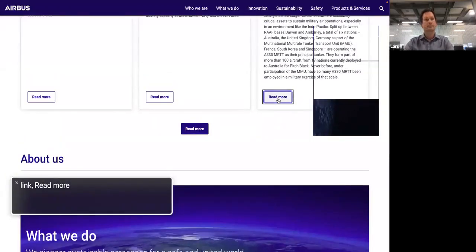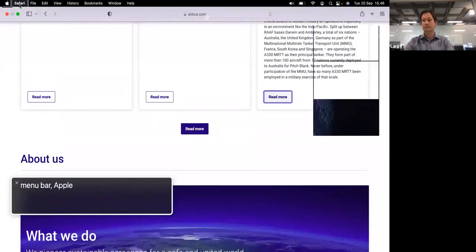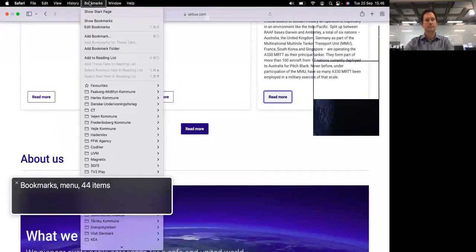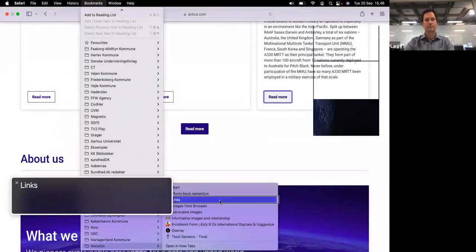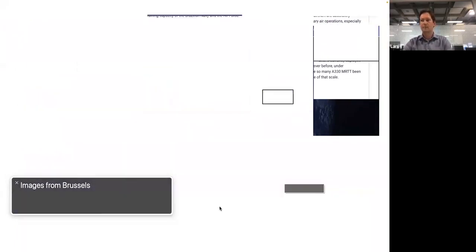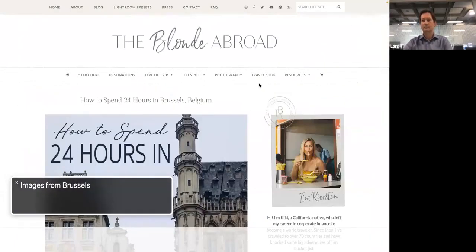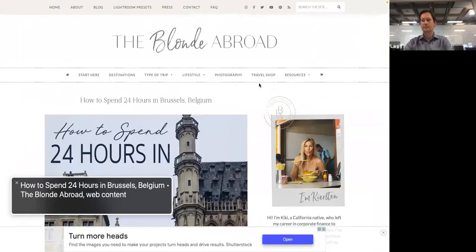Link, read more. Menu bar, edit, view, history, bookmarks, links, images, decorative, informative, images from Brussels. Images from Brussels. Safari is not responding. How to spend 24. So I think my screen reader is sleeping a little bit on Safari, but anyway, as it's trying to catch you up,